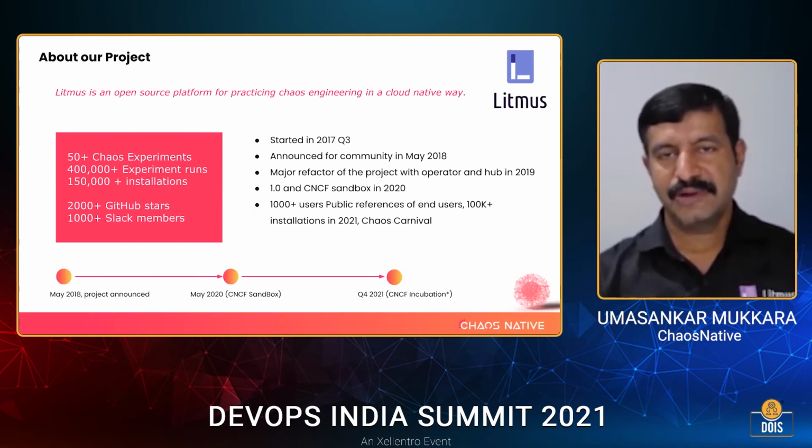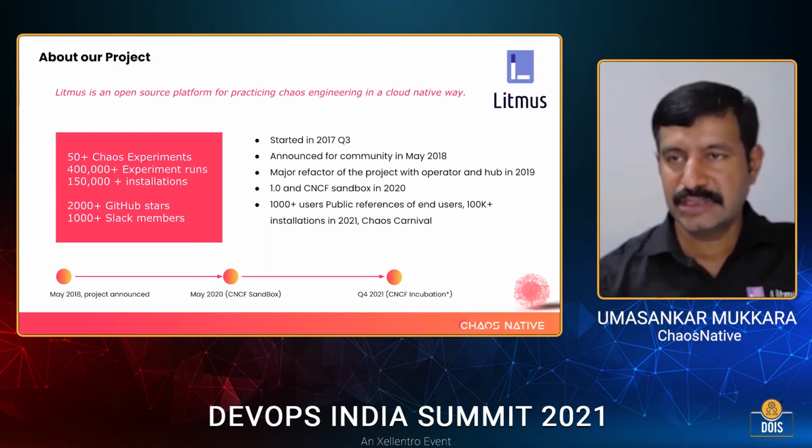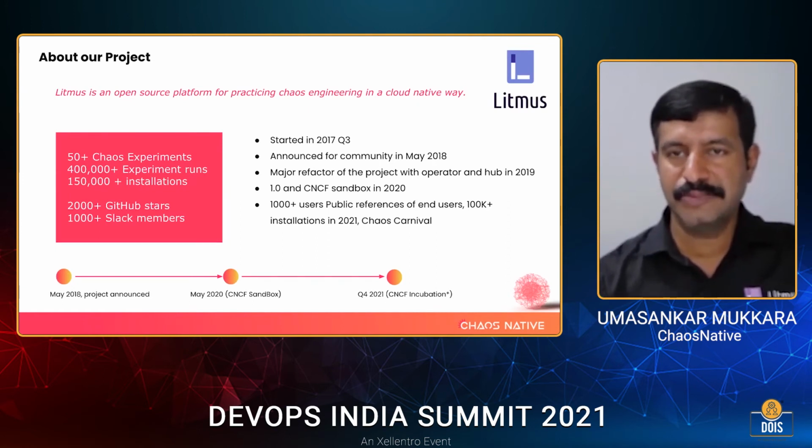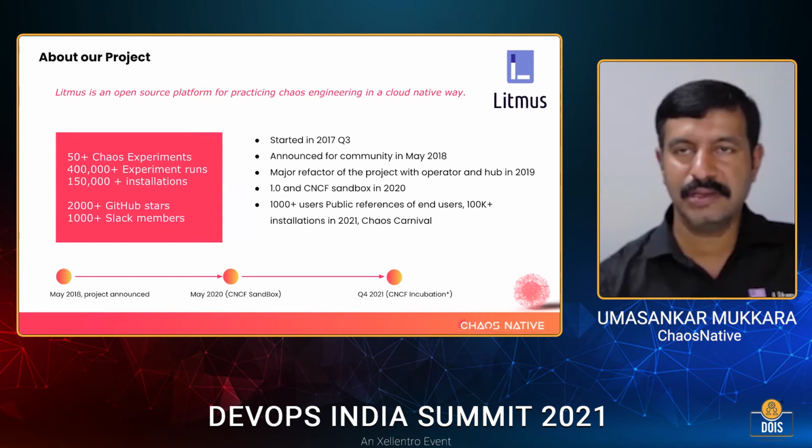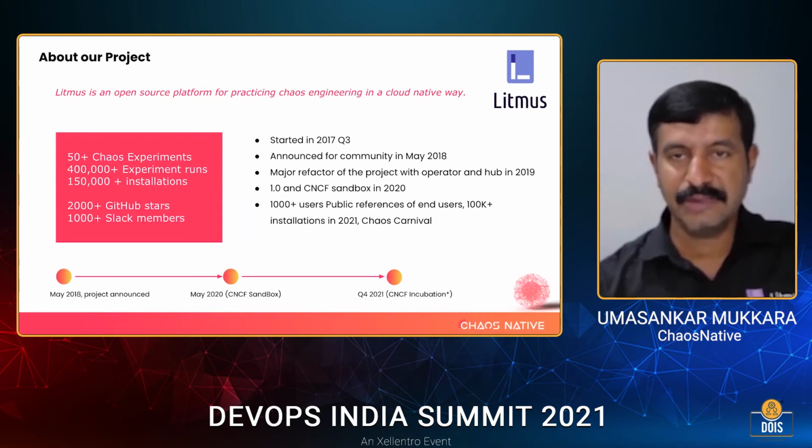So we started this project about 3.5 or almost 4 years ago now, and we announced it publicly in May 2018 at KubeCon. We just released the 2.0 project. It's a major release where most of the architectural goals of Litmus Chaos have been implemented and well tested as well, right? And there are 1,000+ users that we know of of various sizes, and there are tens of public references for this project. And it's seeing about 500+ installations in a day. That's pretty good for a chaos engineering project like Litmus, right?